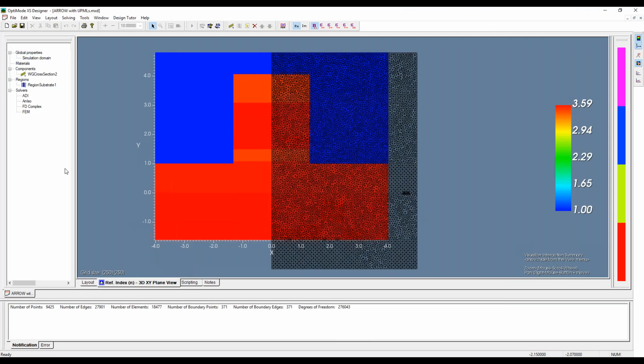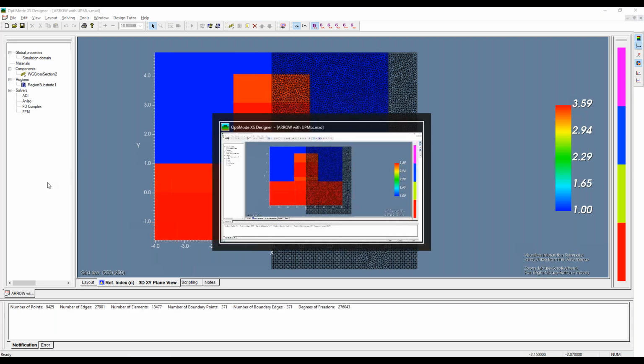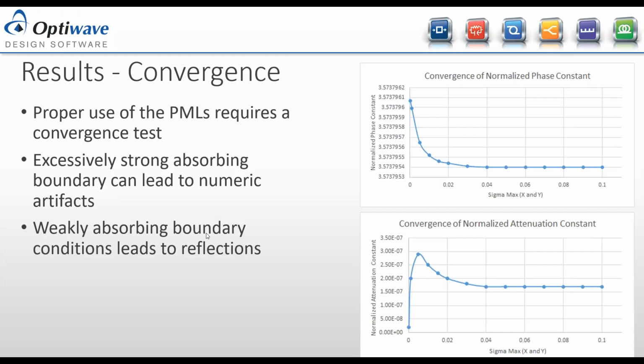I'll switch right back to the PowerPoint right here just to explain an important aspect of it. Like I said, you need to understand how the PMLs work, and you should always do a convergence test when you're using them. Always start with what are called the hard boundary conditions, that's the electric wall and the magnetic wall boundaries, because they're the simplest to use, and even though they might give wrong answers for a leaky mode, they'll give you a good approximation of what type of modes you should